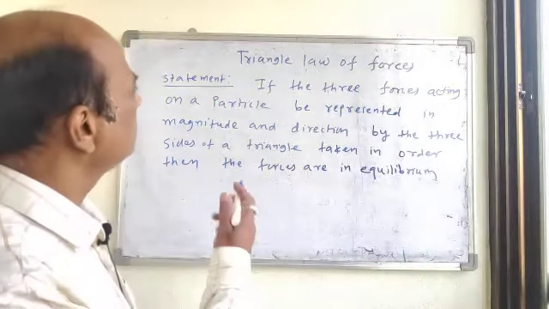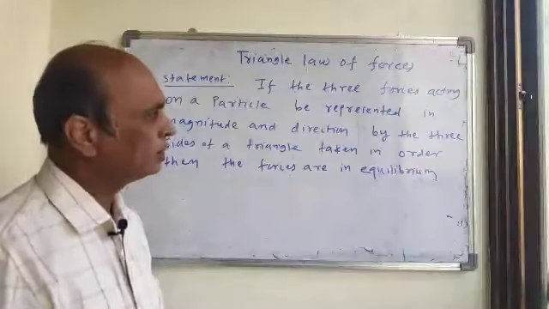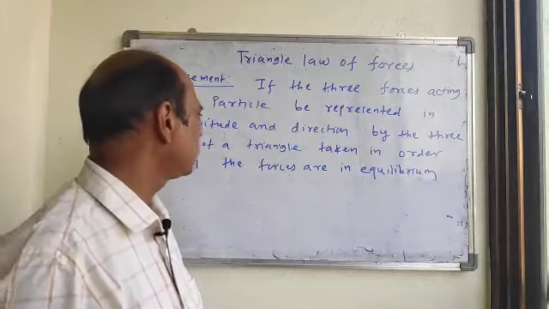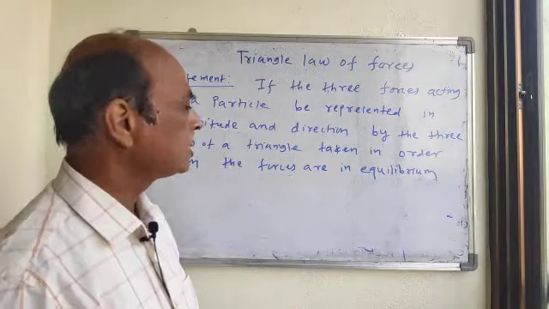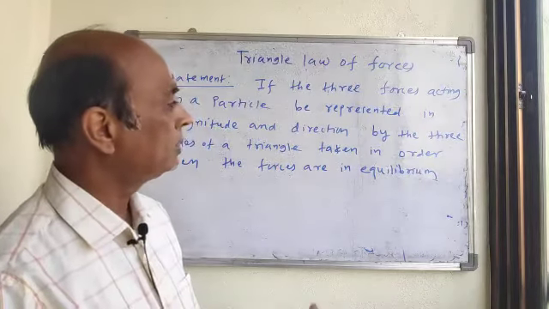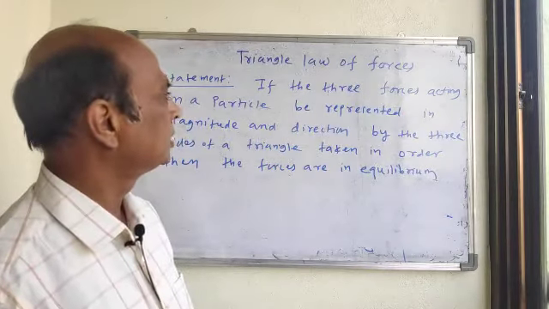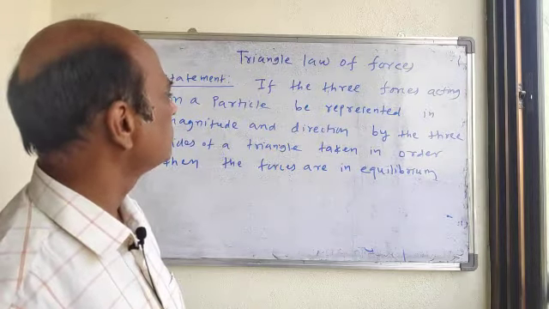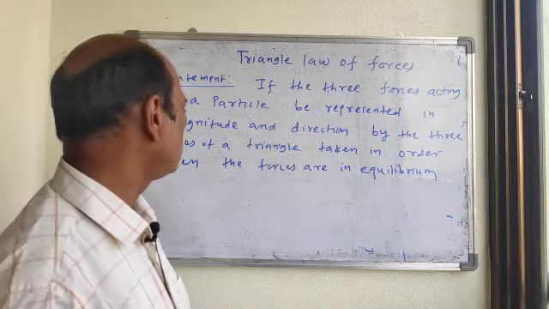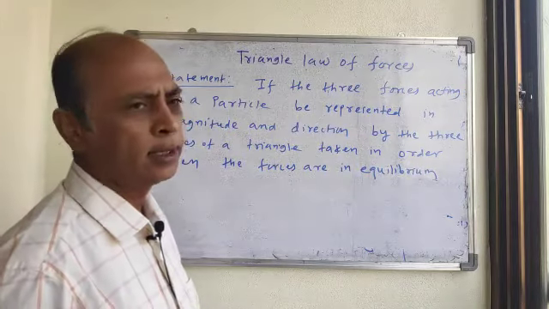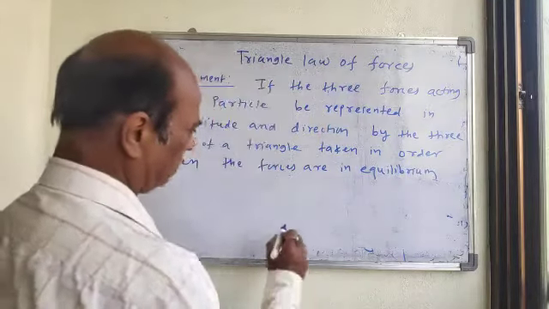The statement is: if three forces acting on a particle are represented in magnitude and direction by the three sides of a triangle, taken in order, then the forces are in equilibrium. The three forces acting on a particle are represented in magnitude and direction by three sides of a triangle, taken in order, then the forces are in equilibrium. Now, taken in order means, so here